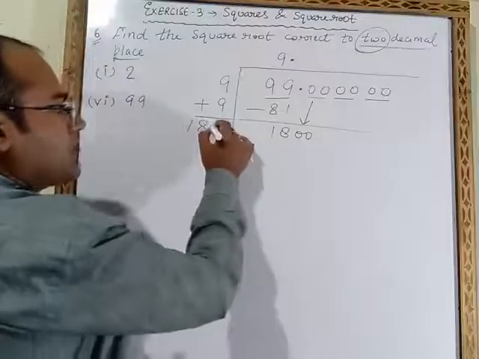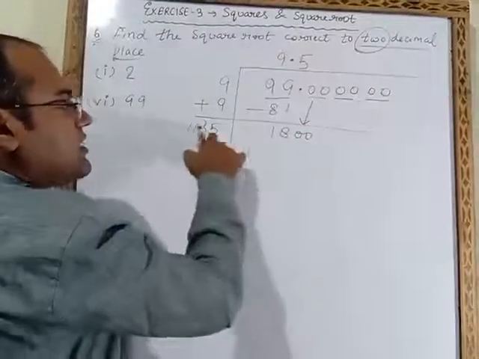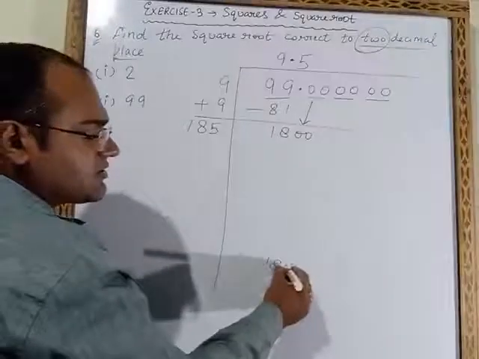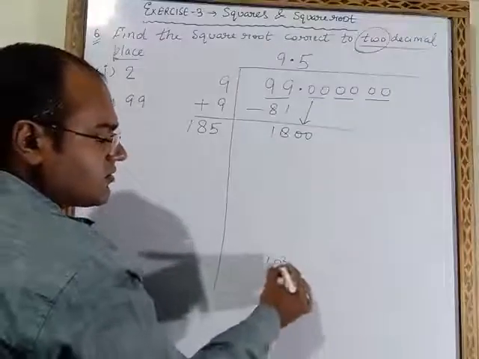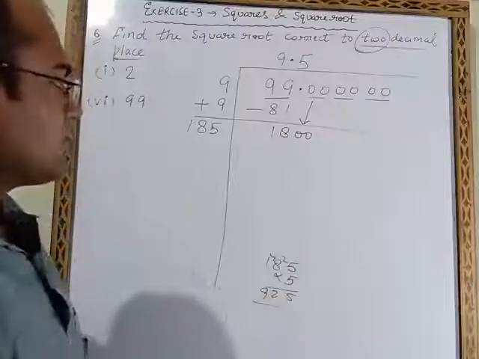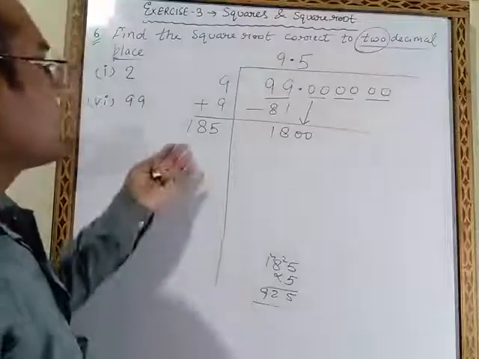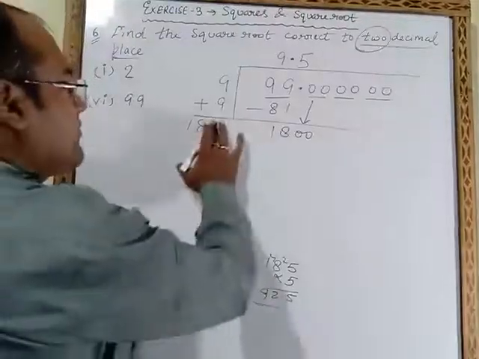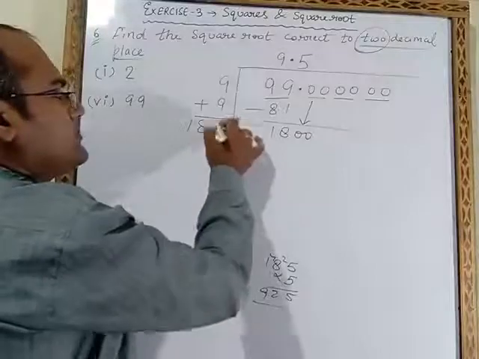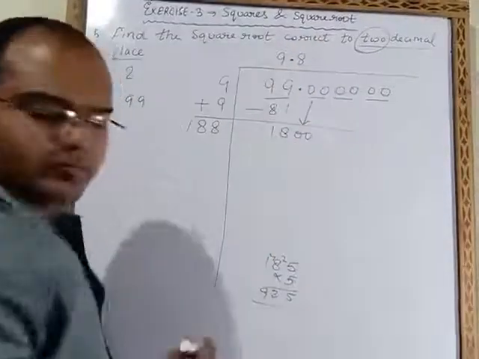If I take 5 here, then there also I have to write 5. So 185 times 5, let me check what this is. 925. It is very small. So what will we do? We will increase it. We will not take 5, let's take 8. Then there also we will take 8. So this will become